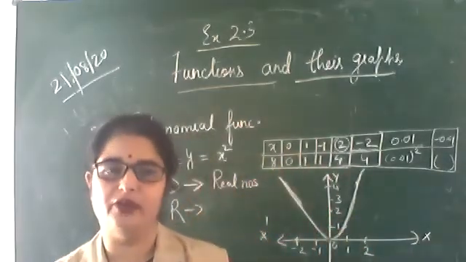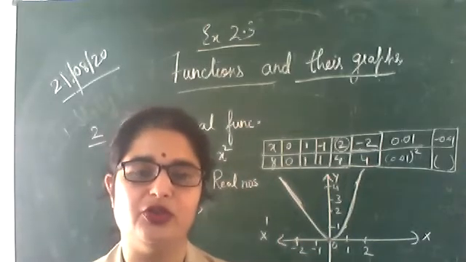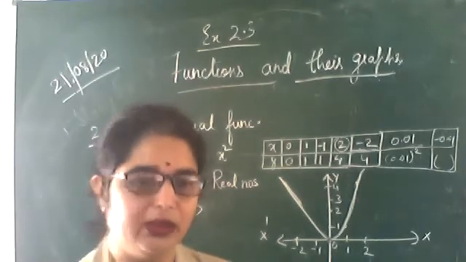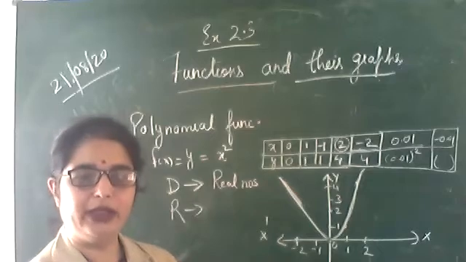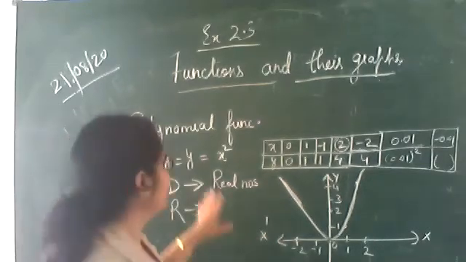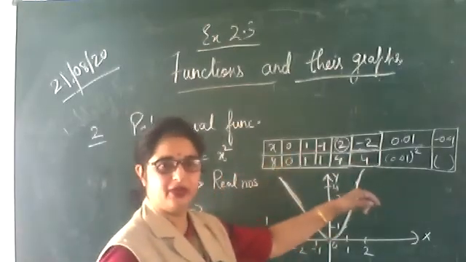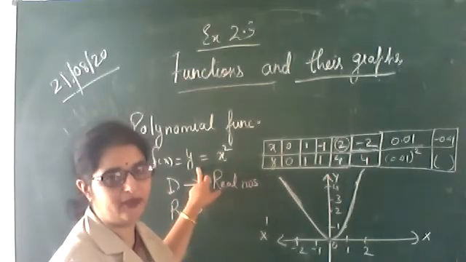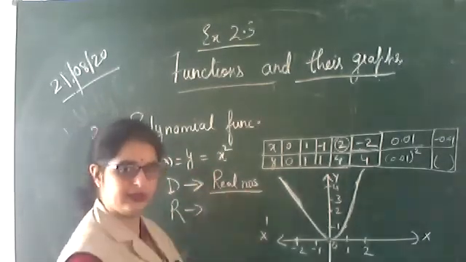We can put any real value of x and get the square of it. You take the calculator, take x is equal to 0.009, again you will get the value of x square, a real number. So you will get the value of y. If you put x is equal to 0.99999, then also you will get the square. So for every value of x, we can get a value of y. So the domain will be all real numbers. Then range.